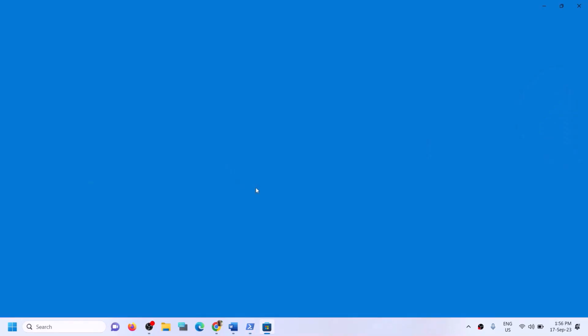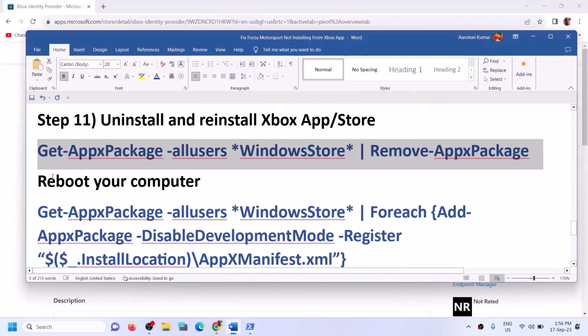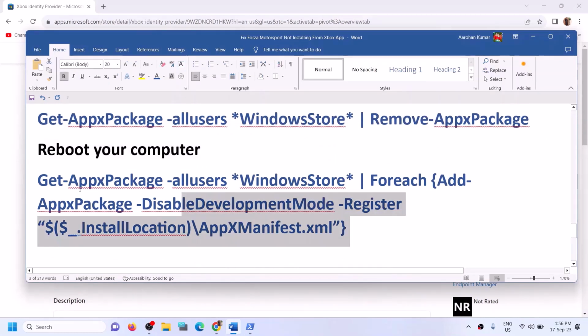Here you can see Microsoft Store. This will uninstall. It's gone now. Now you can restart your computer